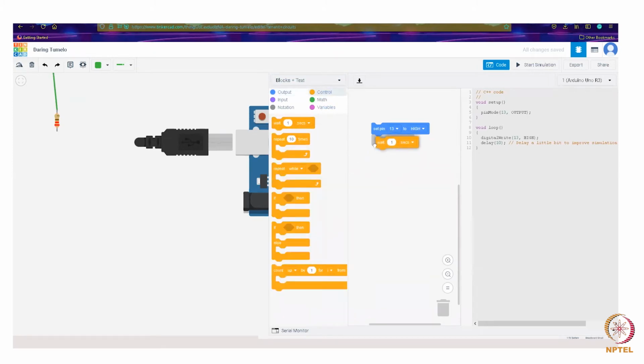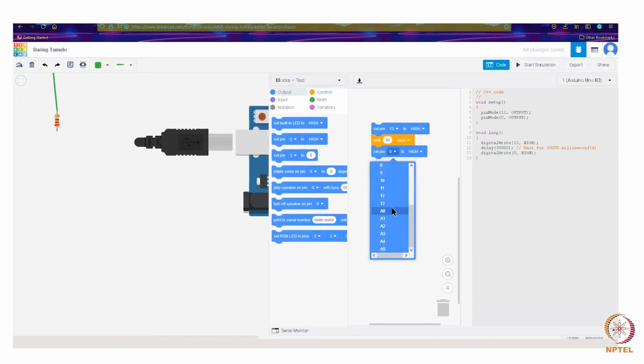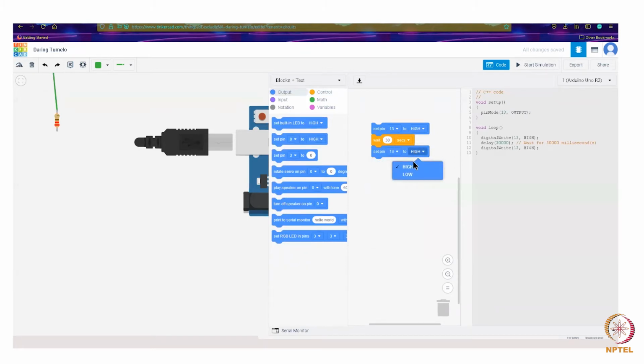Wait 30 seconds. Then we'll set the 13 pin to low so that we prevent the red light and the yellow light glowing together.